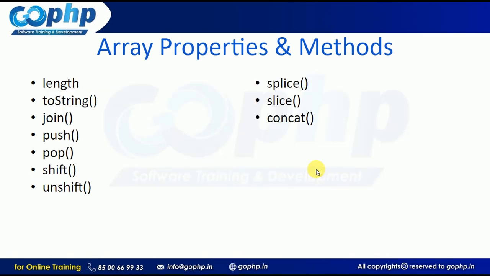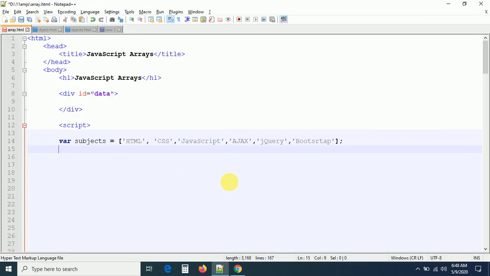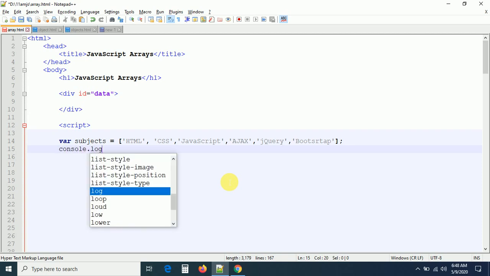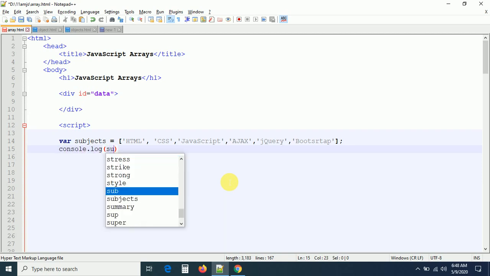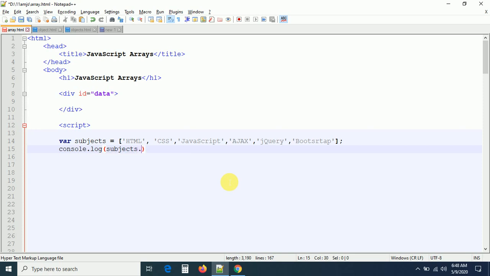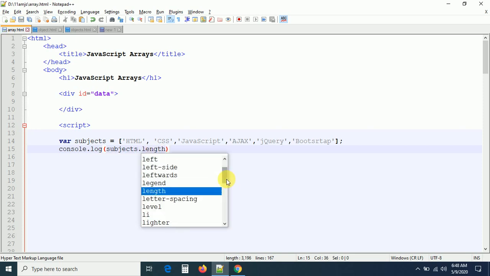Now, I just want to implement the same here. Let us go and check it. This is an array I have with some elements in it. There are 6 elements in the array. I just want to find the length of the array. We have already seen this anyhow. Let me write it: console.log. What is your array? subjects is my array. Dot length. You have the dot length property like this.